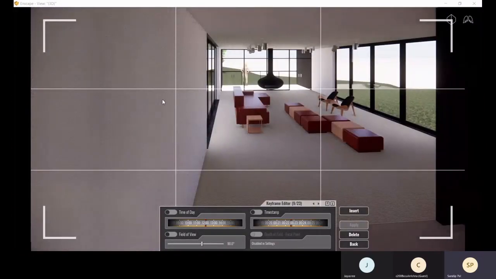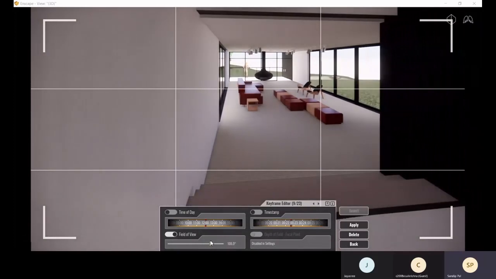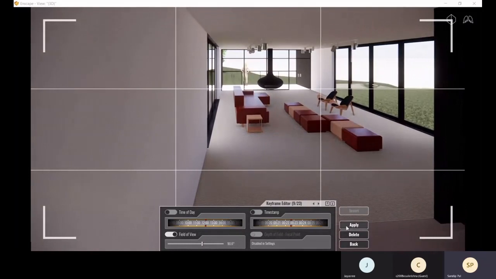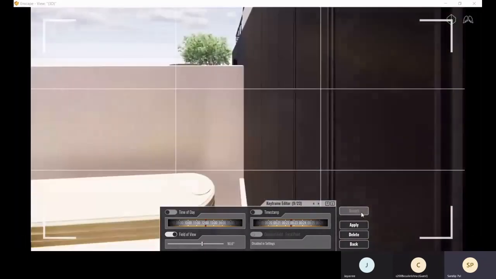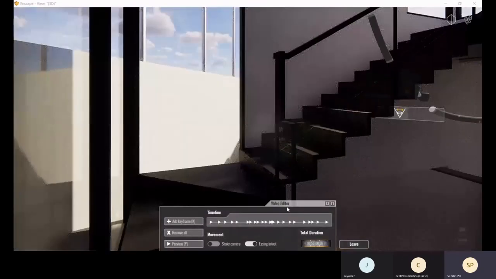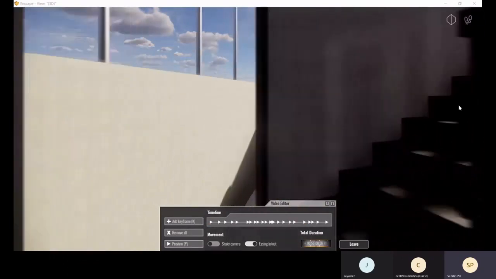If you select that and you want to change the field of view, from there you can change the field of view like this. After changing it, you apply it. So this way you can change. Come back again, and there you get all this.